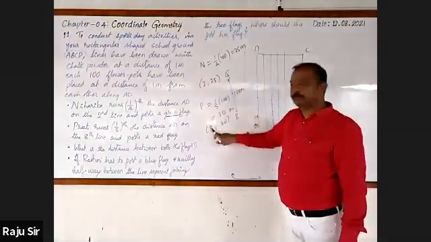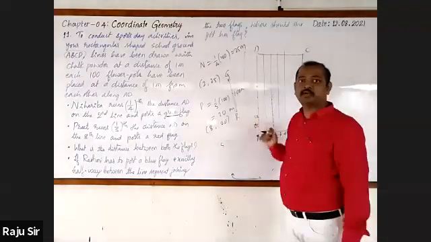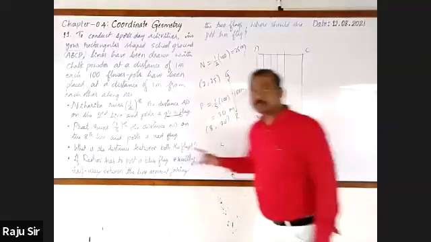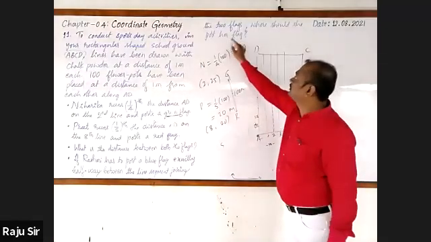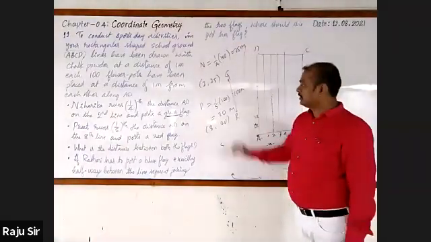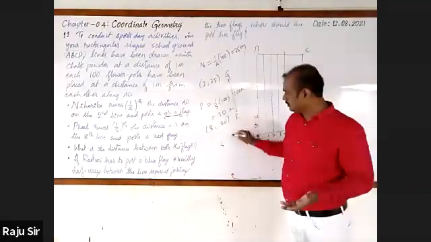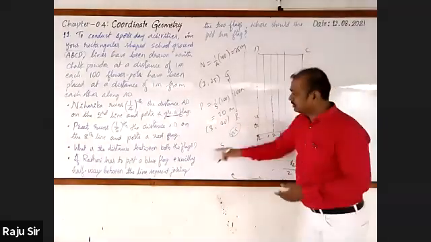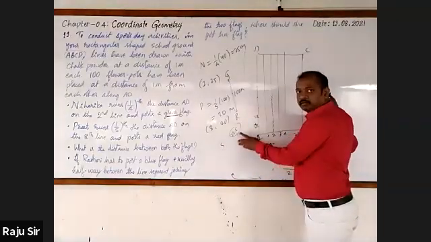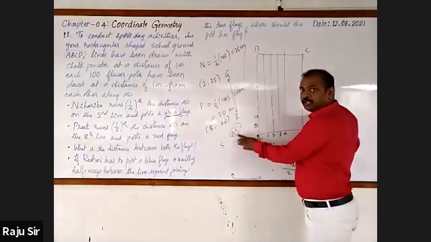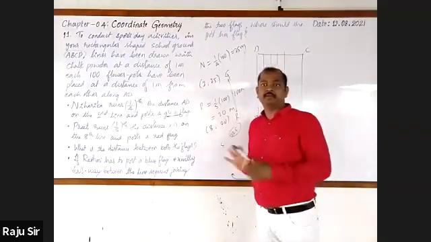Start with that. 2 plus 8 is 10. 10 by 2 is 5. Rashmi has to move on the fifth line. How much distance does she have to cover to post the flag? We find out, sir. 25 plus 20 is 45. 45 by 2 is 22.5. Rashmi has to move on the fifth line and must cover a distance of 22.5 meters to post the flag, that is, the blue color flag.